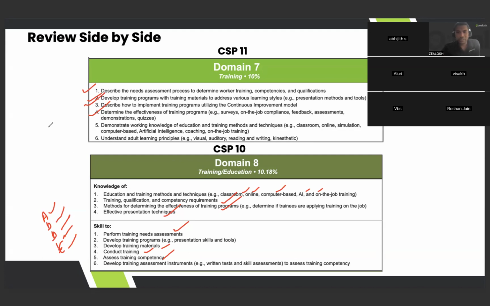This is going to be a difficult unit. If you are not familiar, it is something taken from the CIT. It is going to be a bit difficult because these are not basic concepts. So this 10%, or rather 20 marks, is going to be tough. Now itself we can say that. Demonstrate working knowledge of education and training methods and techniques, and understand adult learning principles. You have to study in depth. Please understand, if you are going to study for CSP, you should study the training domain in detail. It is not as superficial as we have seen here. Here it is in a bit more depth.